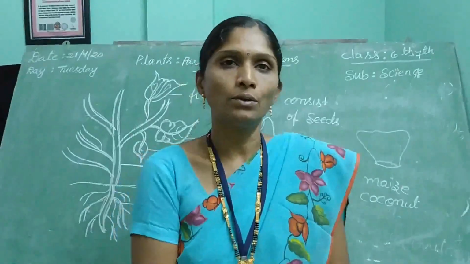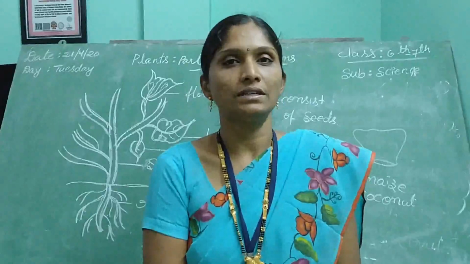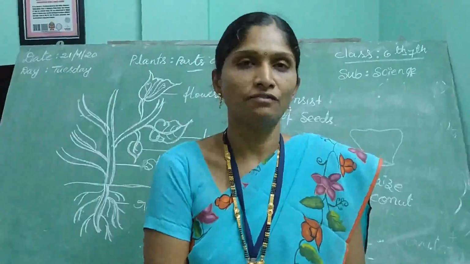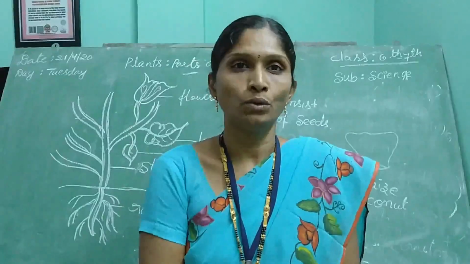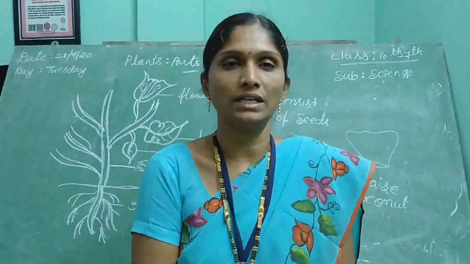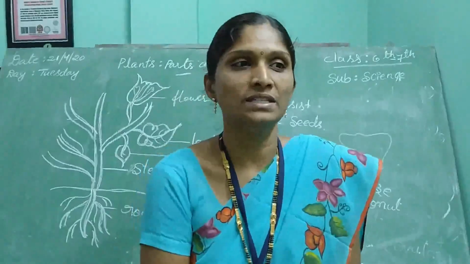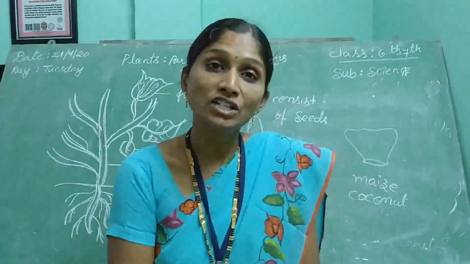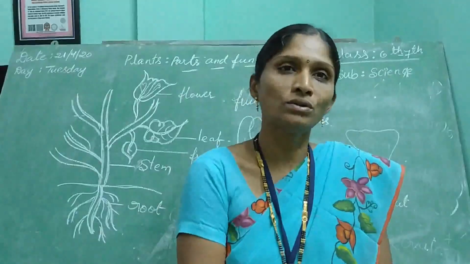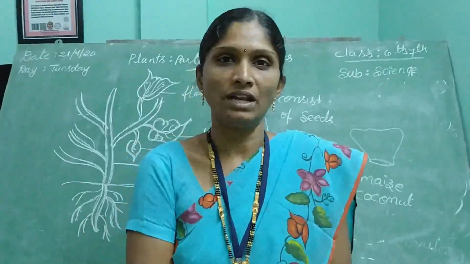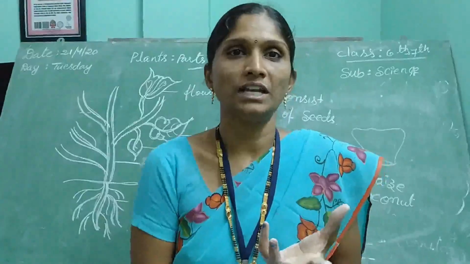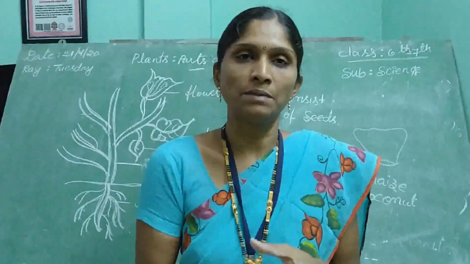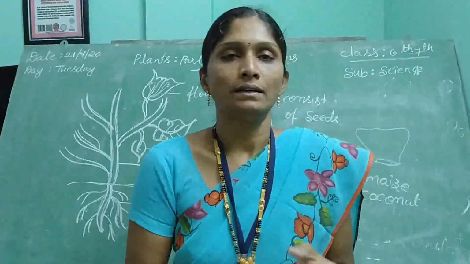A root helps to fix the plant tightly to the soil. That is the first important use. And I forgot one important use of root: that is the tuberous root. Tuberous roots means the plant makes food material in the process of photosynthesis and it can store it in the roots for further purpose. The root stores it and bulks out. Some roots and some stems also store the food material in themselves.